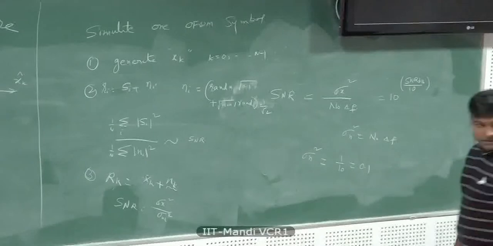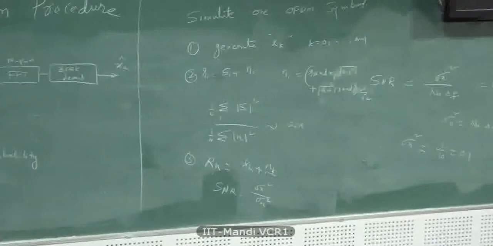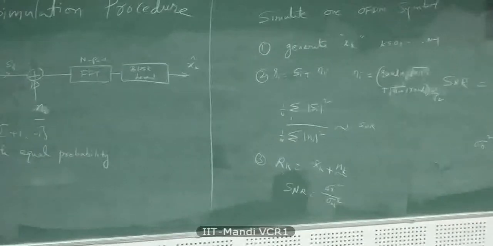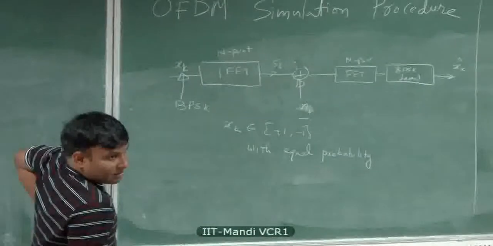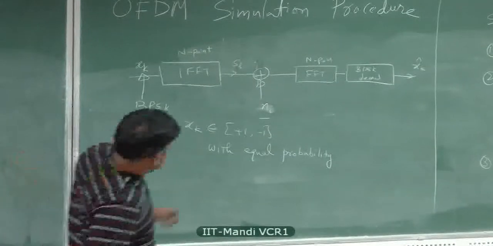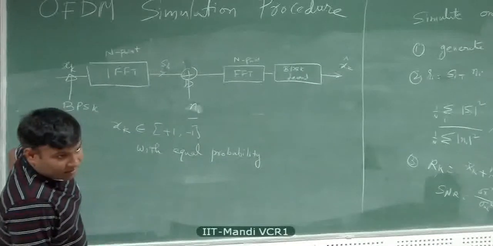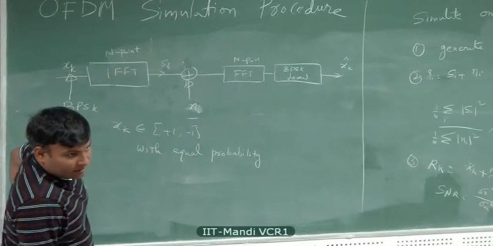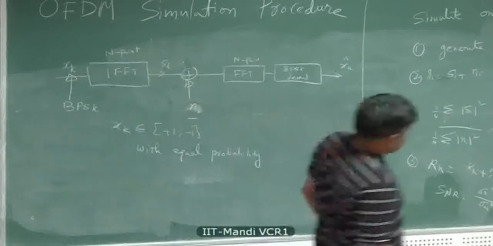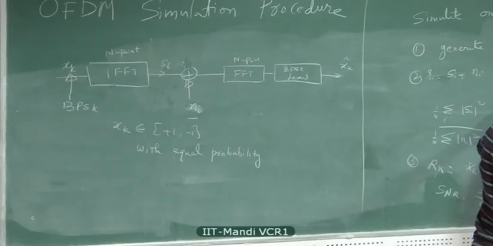How did you implement it? This one. Yeah. I took FFT and then added the noise. What is the variance of the noise you added? I have taken different SNRs, 0 to 10 dB. And then I divided 1 by SNR and multiplied it to n. I fixed the signal power to 1 and changed the noise. Like this? Yes. You did exactly like this.